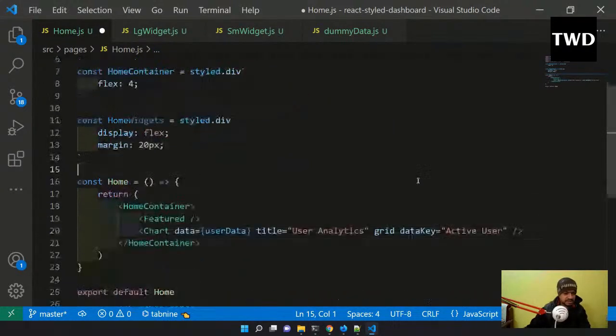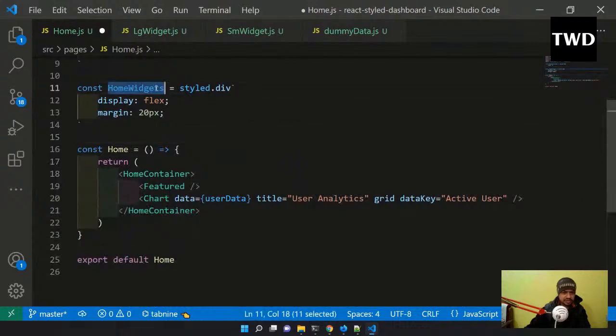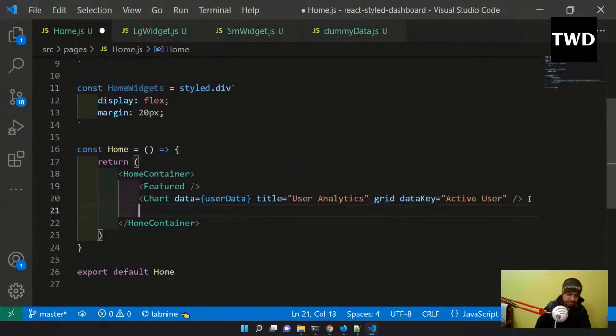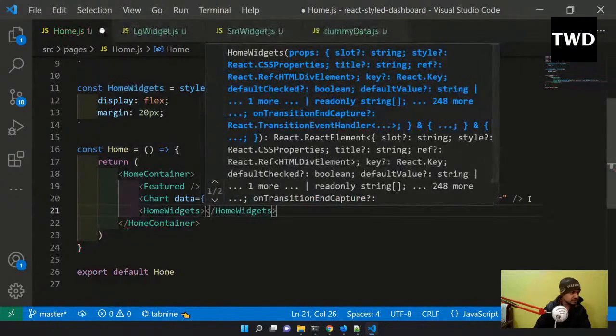And then I have to come here, and this home widgets I'll show home widgets like this, and inside this I'll have this